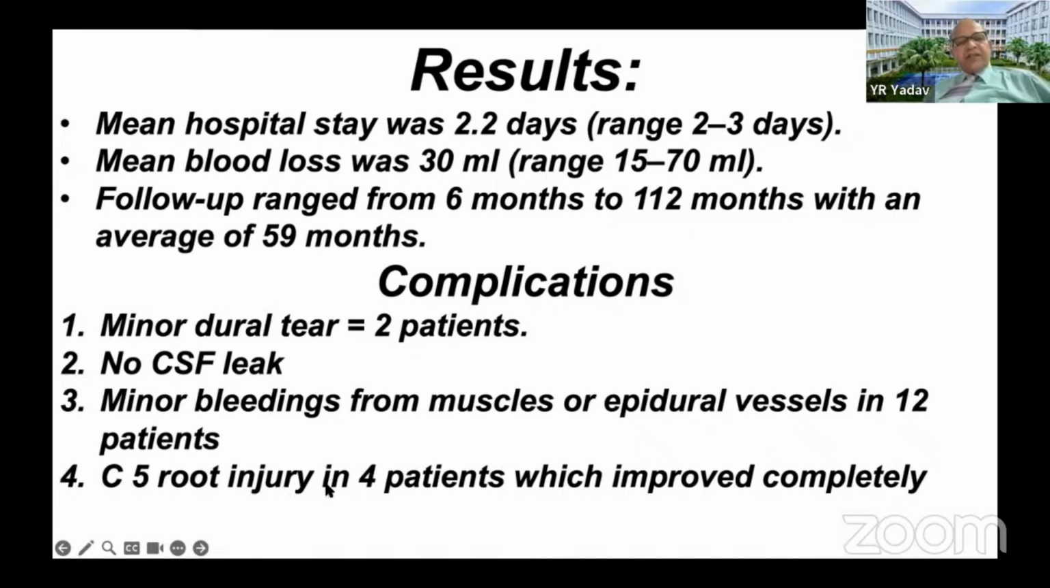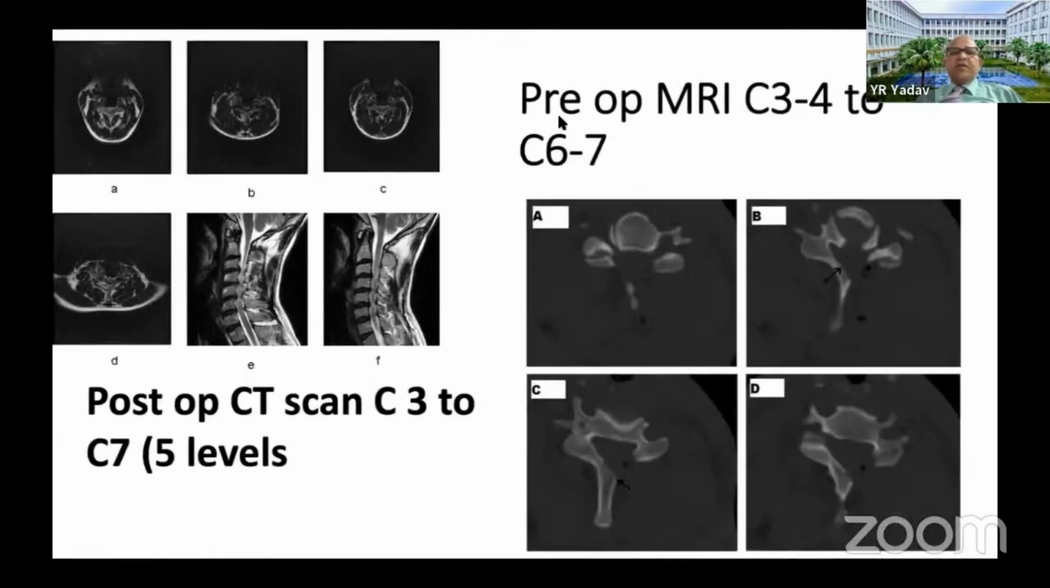So C5 palsy was there, which is quite common when you do open surgery because of stretch on that root, which improved gradually in the follow-up. So this is one case of preoperative MRI, C3-4 compression to C6-7